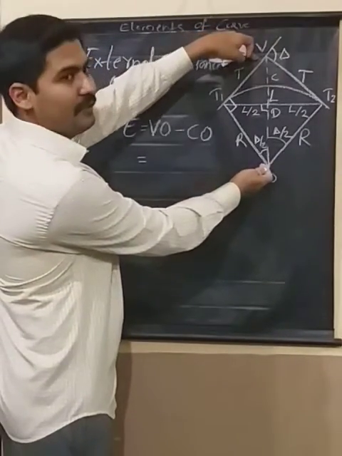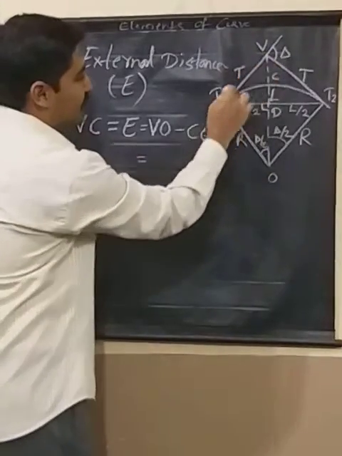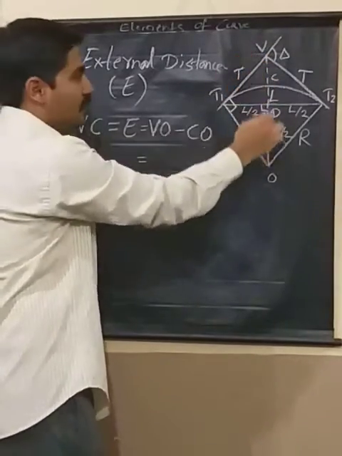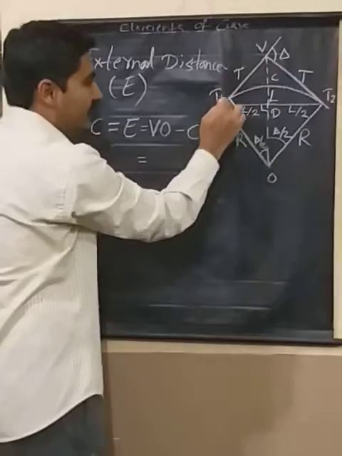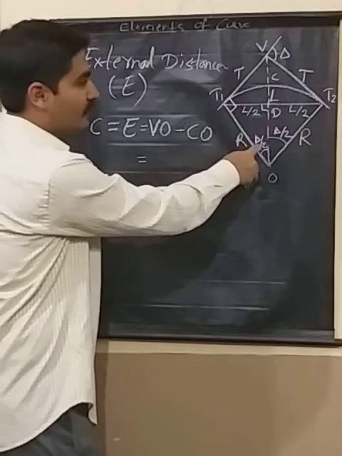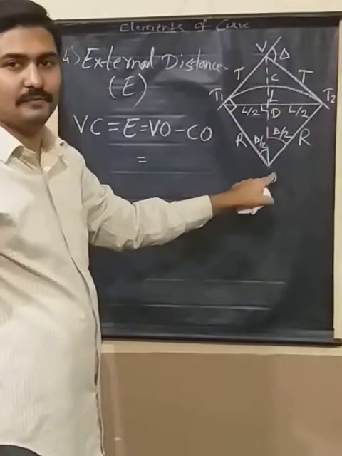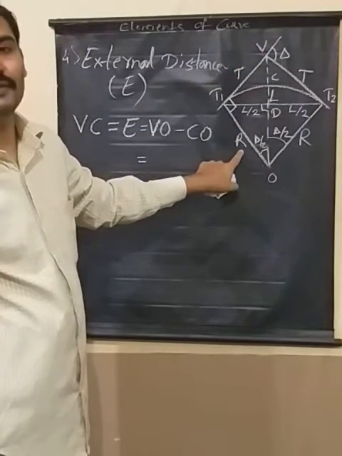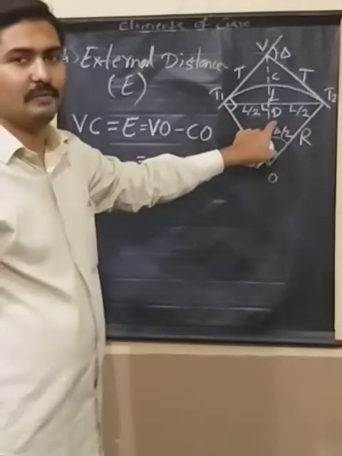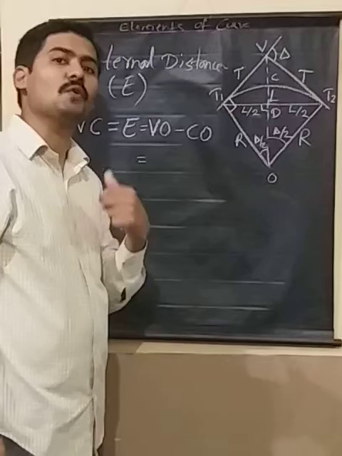Now talking about VO, to get this VO, I am supposed to use the larger triangle VT1O. Use this larger triangle, and this is one of the sides of the triangle. VO is one of the sides of the triangle VT1O, which is a right angle triangle, isn't it? And delta by 2 is known, and this is the hypotenuse, isn't it? It is the hypotenuse of the triangle, and I know the adjacent side. Hypotenuse is required, adjacent side is known, so it is cos, right?